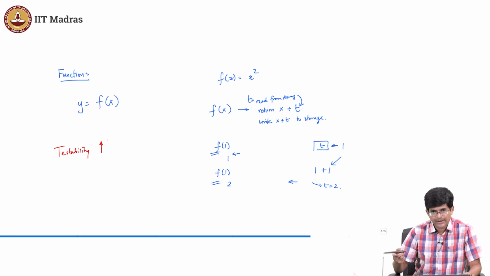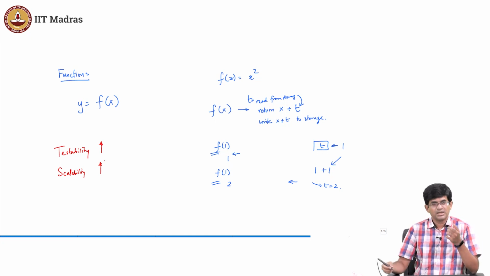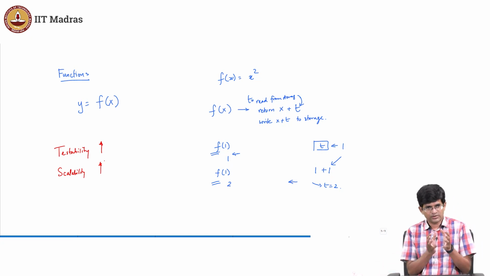The second thing is, if I know that for a given input I am always going to get the same output, what does that imply in terms of scalability? That is to say, can I now run this anywhere? Can I run it on a different computer? Can I run it on a different server somewhere else? Yes, because I know that no matter where I run it, I'll get the same answer. So scalability also goes exactly the same way.